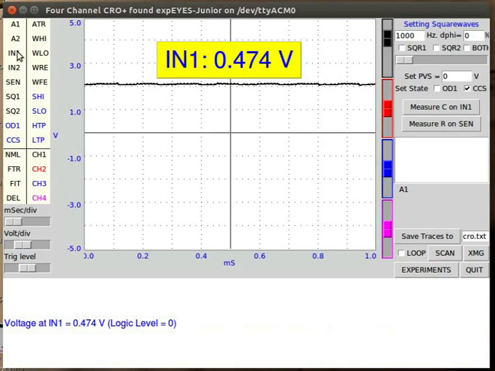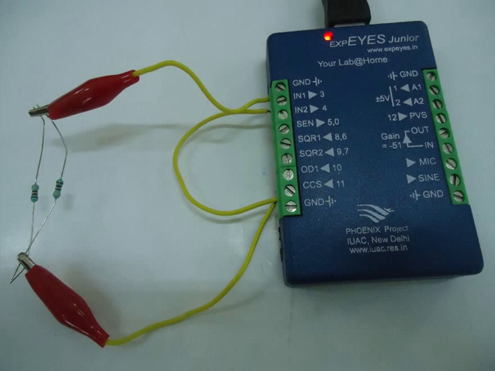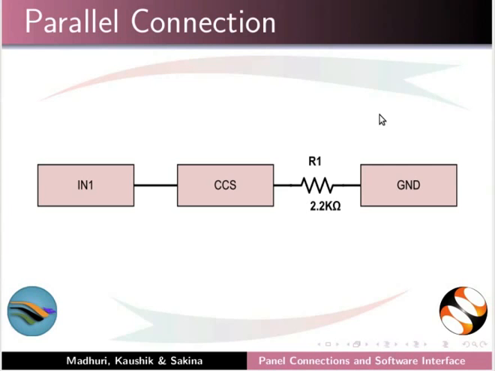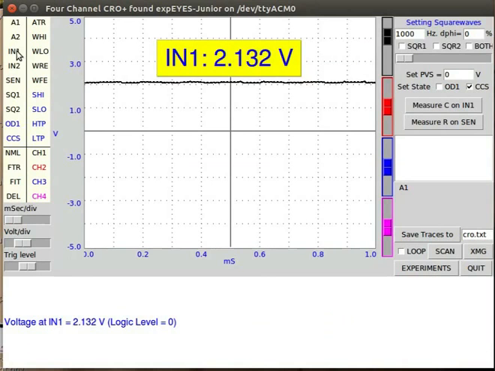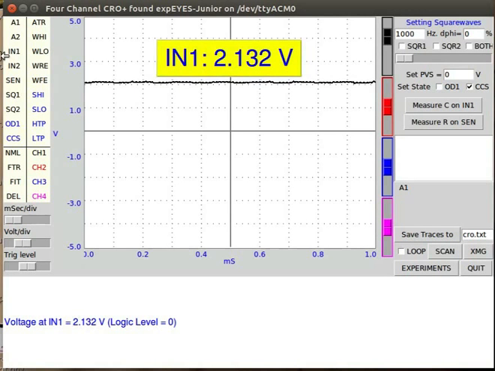Again, the experiment is carried out first with a 2.2 kilo ohm resistor, then with a parallel combination of two 2.2 kilo ohm resistors. This is the circuit diagram for the 2.2 kilo ohm resistance. The measured value of IN1 is 2.132 volts. This is the circuit diagram for the parallel combination of two 2.2 kilo ohm resistances. The measured value of IN1 is